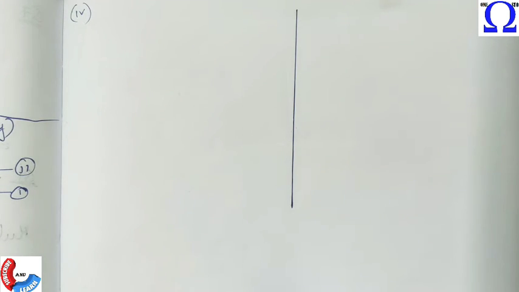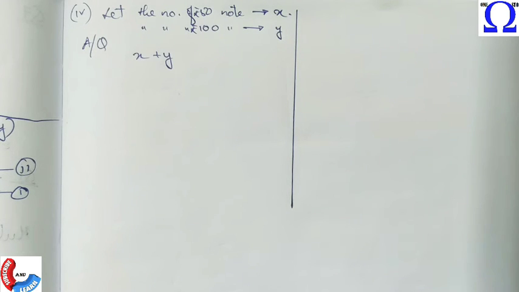She wanted a denomination of 50 rupees and 100 rupees notes, and the total notes she got is 25. Now I'm taking the number of 50 rupee notes be x, therefore 100 rupee notes will be y. Now according to the question, the total number of notes is 25, right? So I've got this equation, first equation. The second one is it is said that the total amount is 2000.